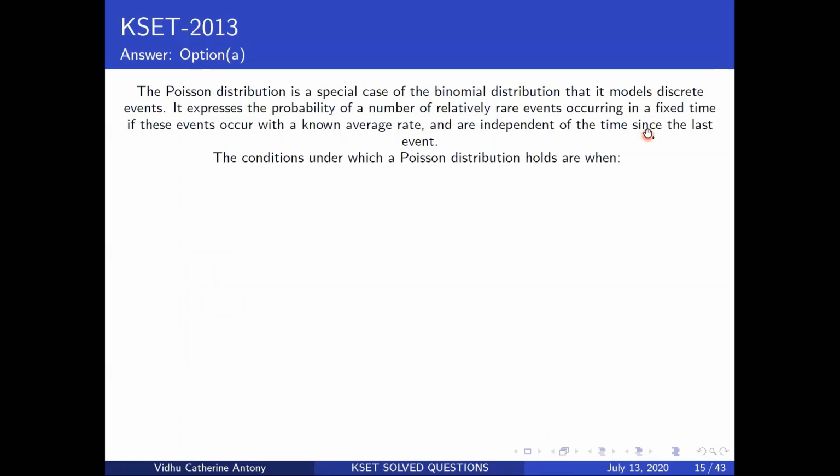Now, what is the difference between your Poisson distribution and, let's say, something like the Gaussian or your normal distribution, which is your bell curve, right? Your Gaussian distribution is your bell curve. What is that difference is that one of them is continuous and the other one is discrete. So if you look at your Poisson distribution, it's discrete. But in the case of your Gaussian or normal or bell curve, it's a continuous probability distribution.